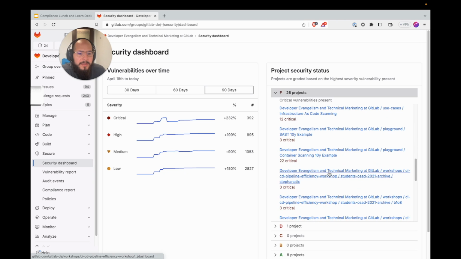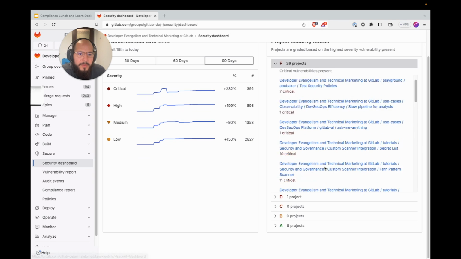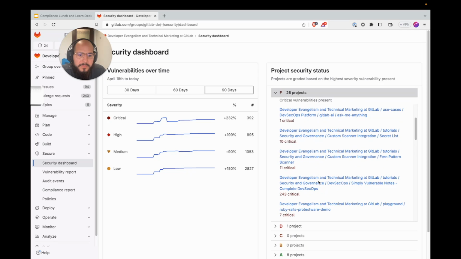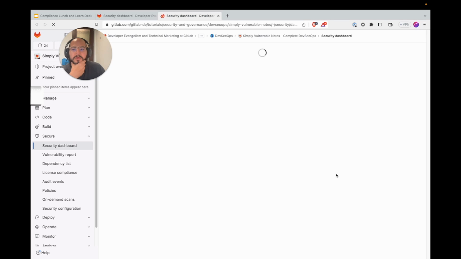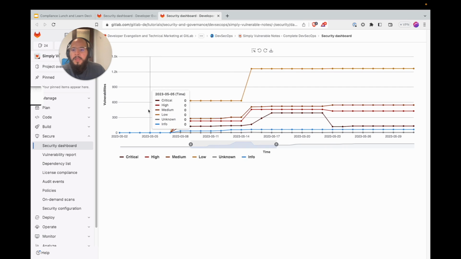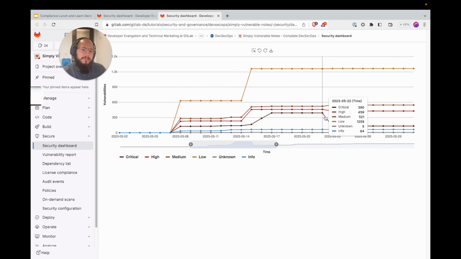If I go back to, let's say, my project, simple vulnerable notes, which has a whole bunch of vulnerabilities, I can also see this view for the project itself, and I get a 365-day view on when I've introduced or reduced vulnerabilities. That helps me assess the security posture of my project.